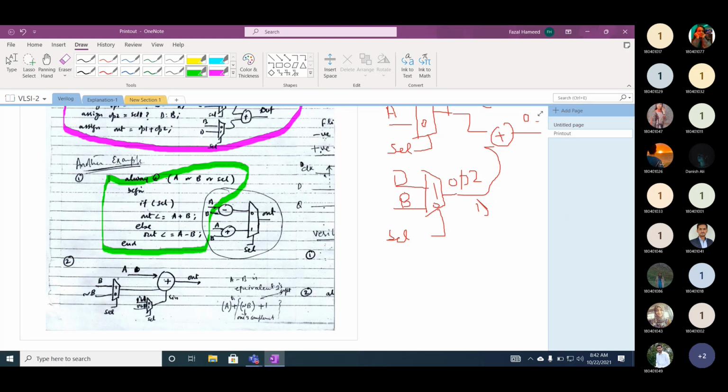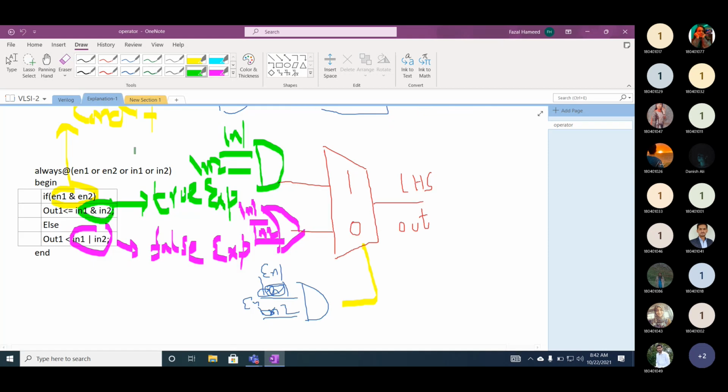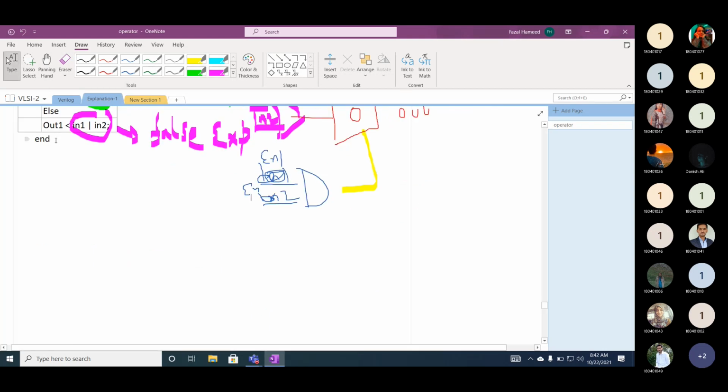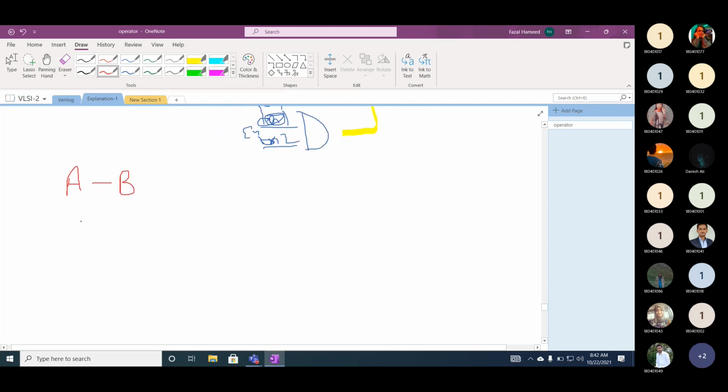Now let's assume you want A minus B, you perform A minus B. So actually A plus A minus B. I will explain it here. No, not bigger complement. Now it will not be a bigger complement. Let's assume what is A minus B. So it is equal to A plus what? Can I write it like this? If you remember it from your digital logic design course, A plus 2's complement of